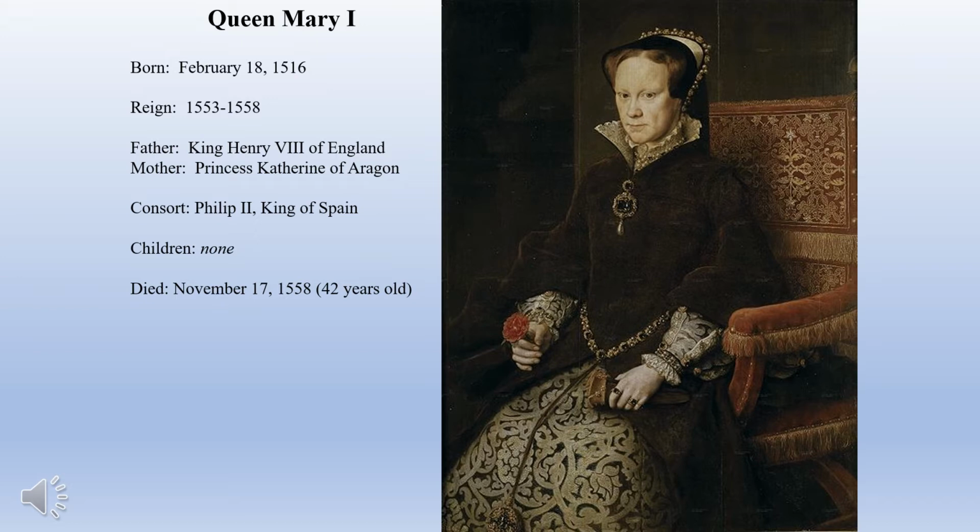Now, we don't know what was wrong with her. We don't know if she had some kind of stomach cancer or if she had uterine cancer or what was wrong with her specifically. But in November of 1558, at 42 years old, she does die. Some people say it's one of those two cancers that had caused her stomach to swell. Others believe, and there is this weird thing about the human mind, that the mind can actually play tricks on your body, that she wanted to be pregnant so badly that her mind actually tricked her into believing that she was pregnant, and she retained fluid and started having pregnancy type symptoms.